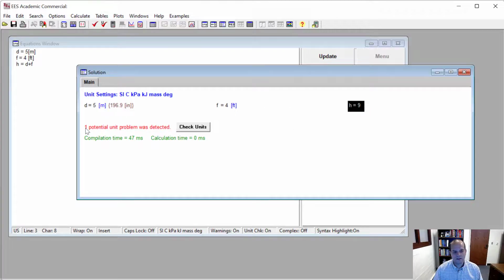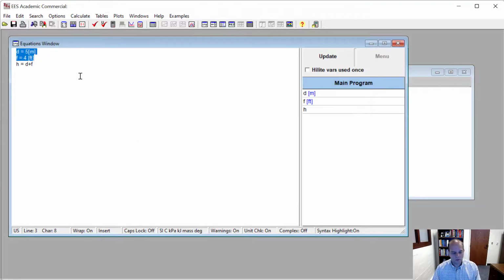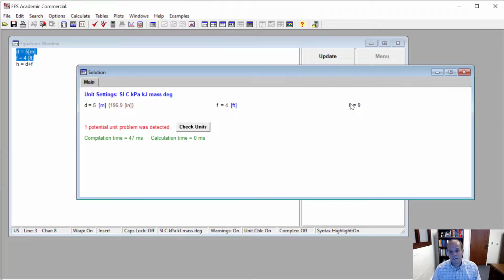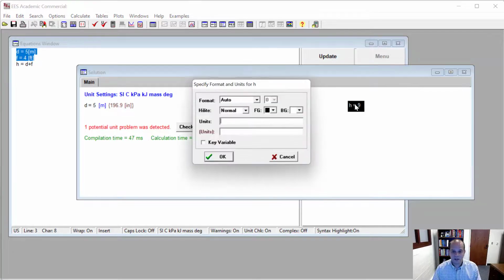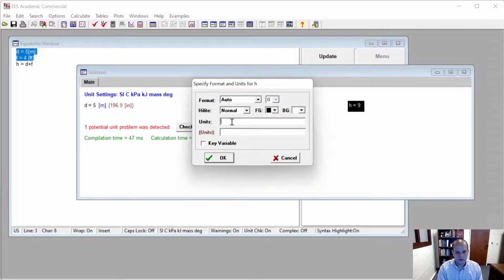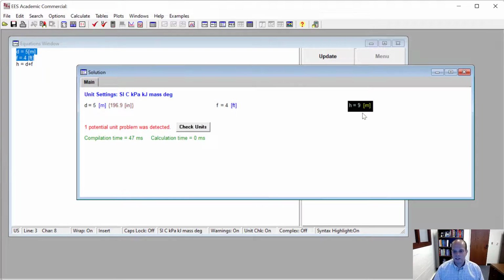But you also see that I have this potential unit problem detected. And it's very obvious what that is. The first is that I haven't given H any units, and that's not quite as obvious. So I formally gave units to both D and F, but I did not give anything to H. And so the way that I do that here is I right click, and let's not pretend, I made a mistake along the way, and I think I had everything in meters, but apparently it wasn't, so I hit OK. And now this has a unit next to it like it should,